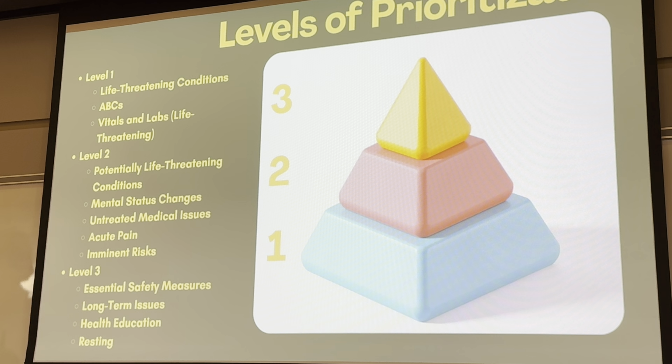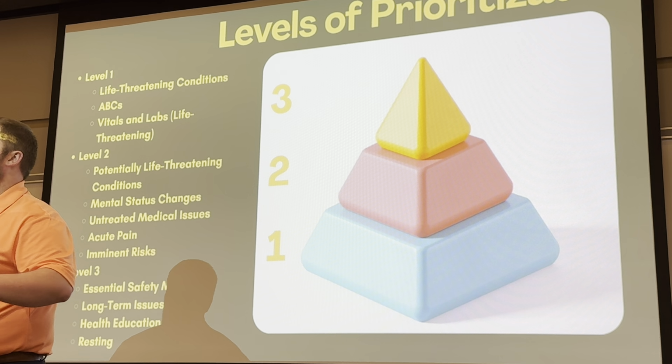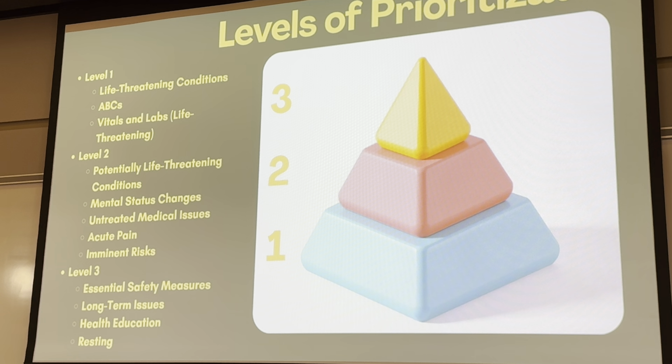So level 1 is going to be your most critical, your most serious type of patient, a level of prioritization. With that, these are life-threatening conditions. If I don't do something immediate, some type of immediate intervention, things are going to get serious in a hurry. So your ABCs, your airway, breathing, and circulation. Other things might be like trending vitals, labs, something that is really out of whack. So if my patient goes into VTAC arrest, probably need immediate intervention to save their life, right? So your level 1 priorities, your big thing is going to be your ABCs, those life-threatening type of